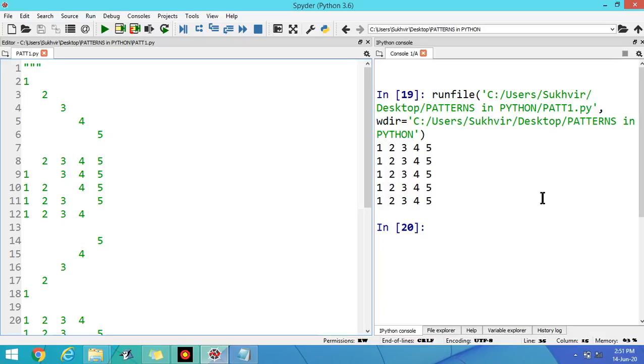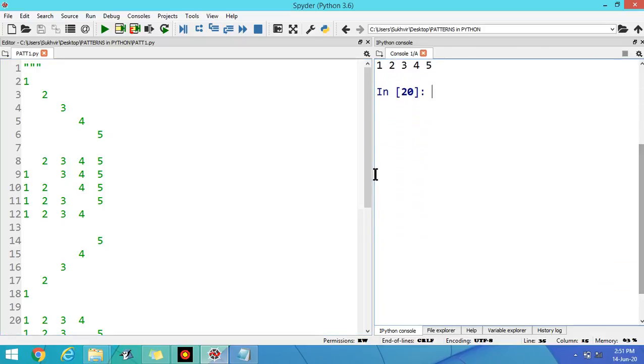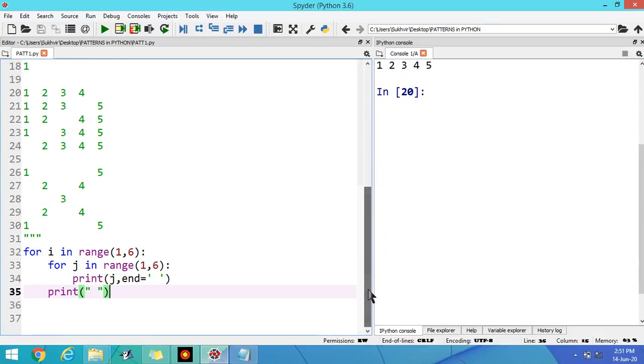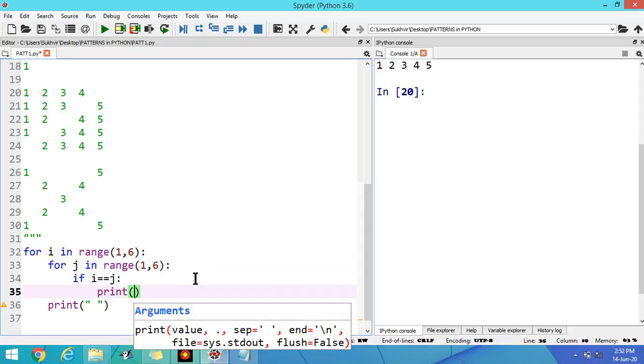These are the principal diagonal values. Now, what do I have to do for the principal diagonal? If i is equal to j, if both the values of i and j are equal, then print the value of j followed by end.